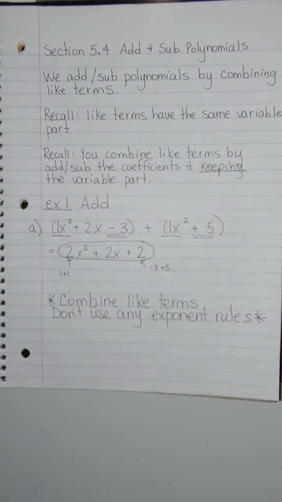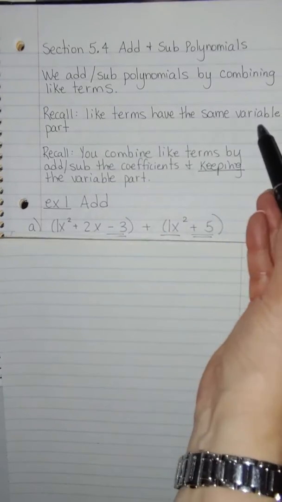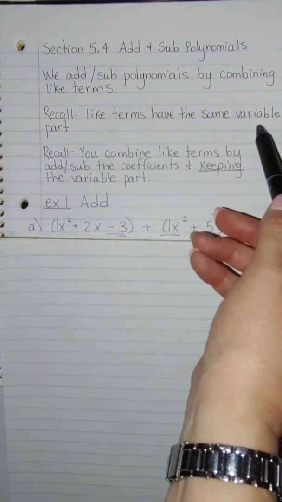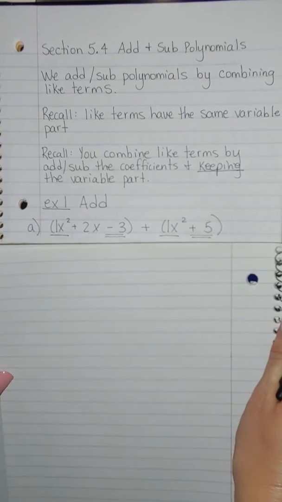This is Math 90, Section 5.4 on adding and subtracting polynomials. This section is going to be very similar to the section we did back in Chapter 2 with combining like terms. So remember that like terms have the same variable part. Okay? Their coefficients may be different, but they definitely have the same variable part, meaning that they have the same